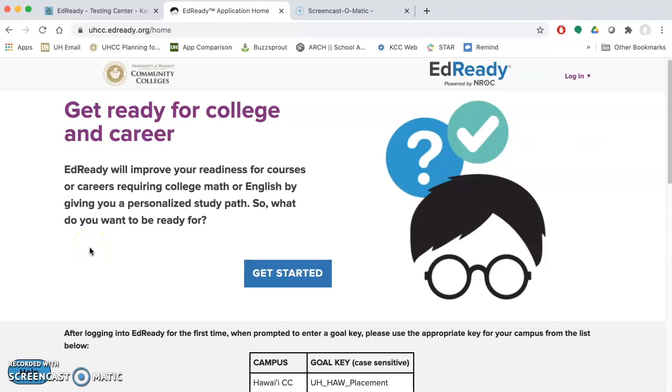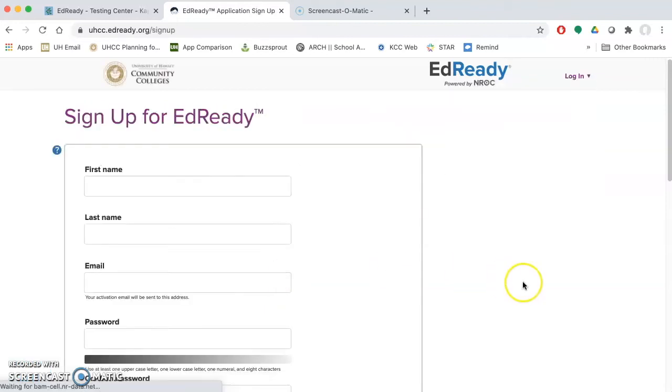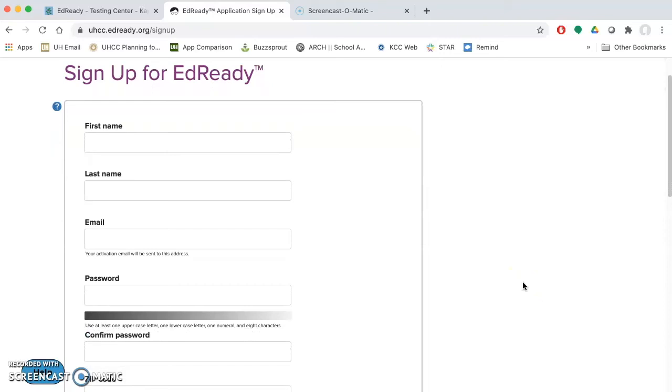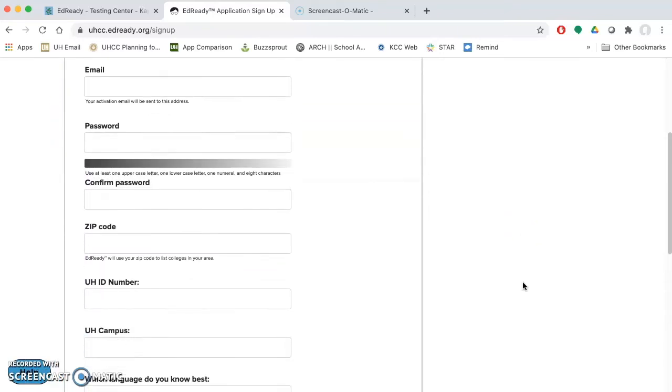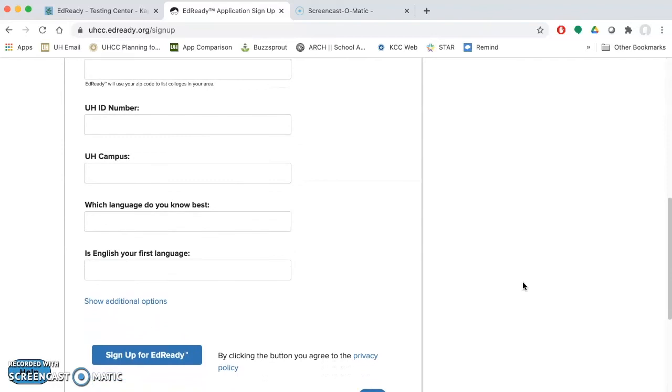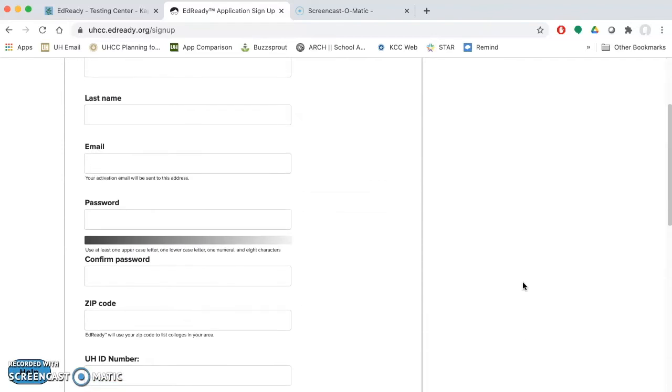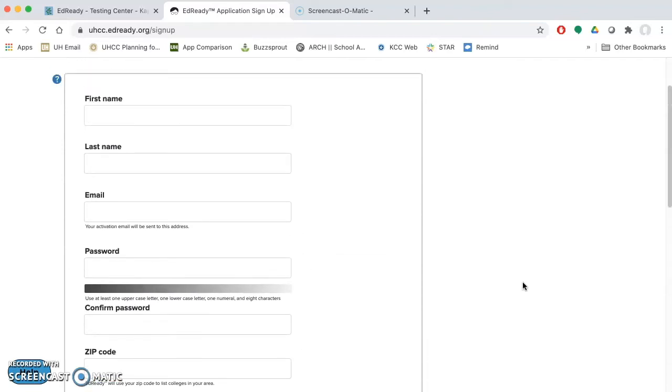Once your students are ready to go, they can go ahead and get started with EdReady. So let's get started. Students need to fill out this information here. It is pretty straightforward. They need to fill out all the required information that's on this page. The email address will need to be an email address that they will check regularly. When they are done with the placement test, the results get sent to the email address that they list over here.